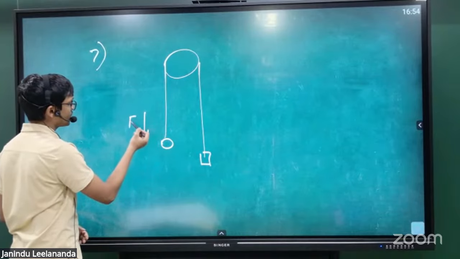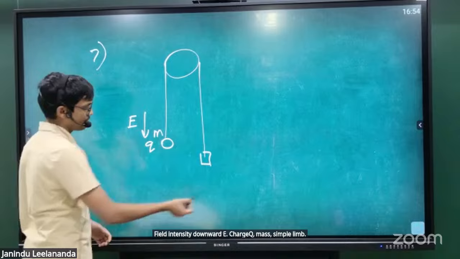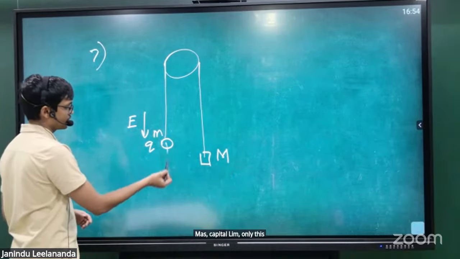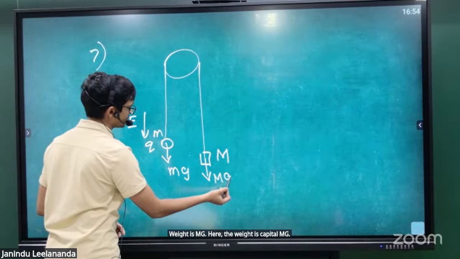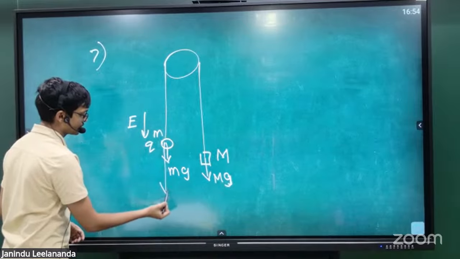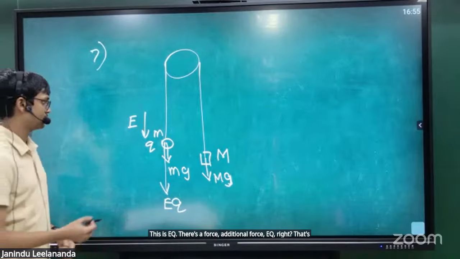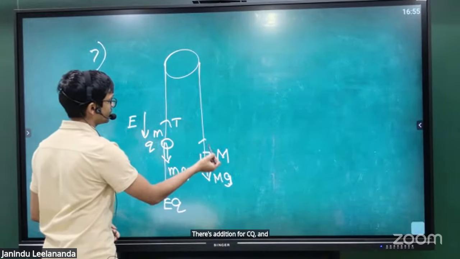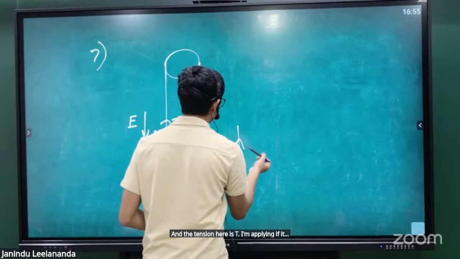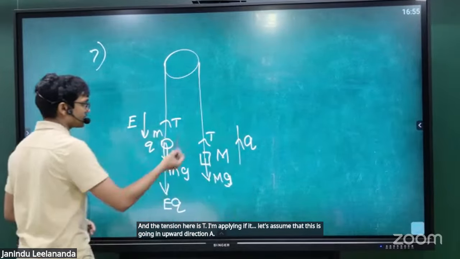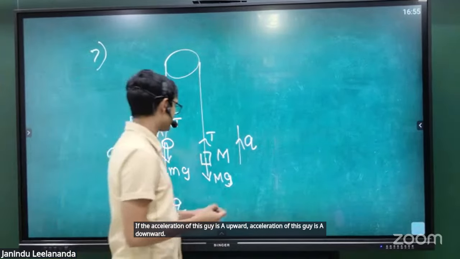Field intensity downward E, charge Q, mass small m, mass capital M. Only this guy has a charge. Weight is mg. Here the weight is capital Mg. This is EQ. There's an additional force EQ, right? That's all. And the tension here is T, and the tension here is T. Let's assume that this is going in upward direction with acceleration A. If the acceleration of this guy is A upward, acceleration of this guy is A downward, then let's apply F